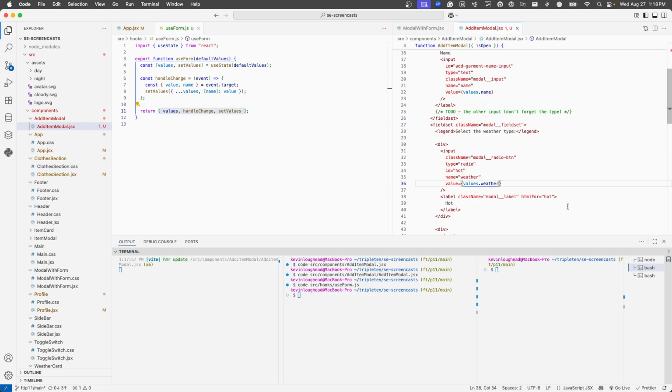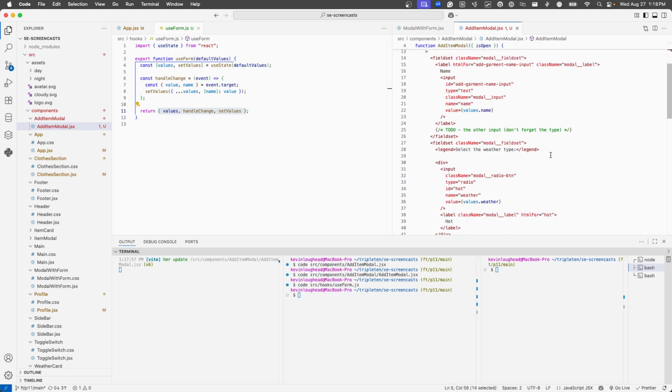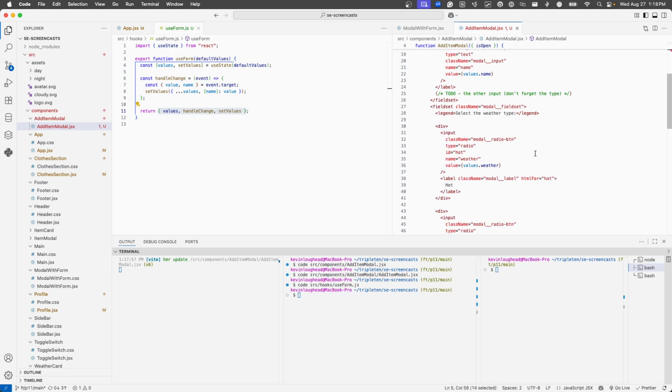And you think, okay, that'll work. It will not work because basically values dot weather starts as hot. It'll never change if the value is always tied to this value. So what we need to do in the case of radio inputs and checkbox inputs, multiple checkbox inputs would be similar,